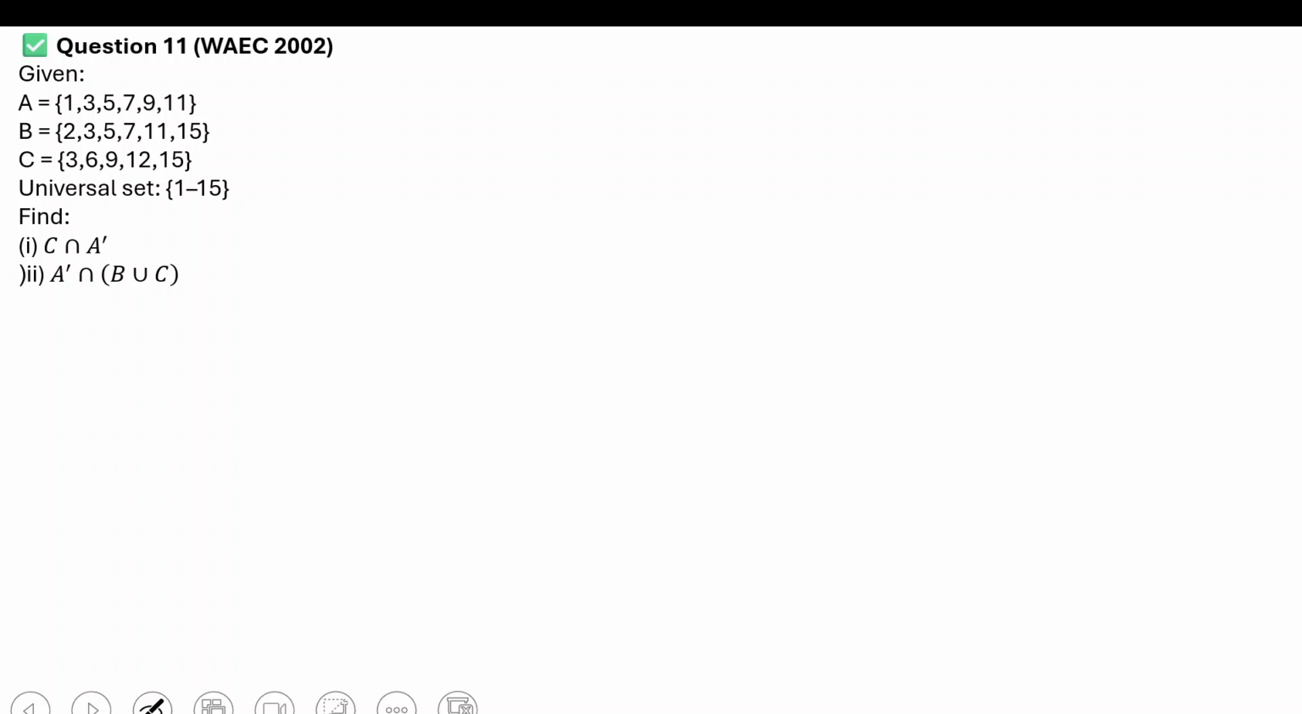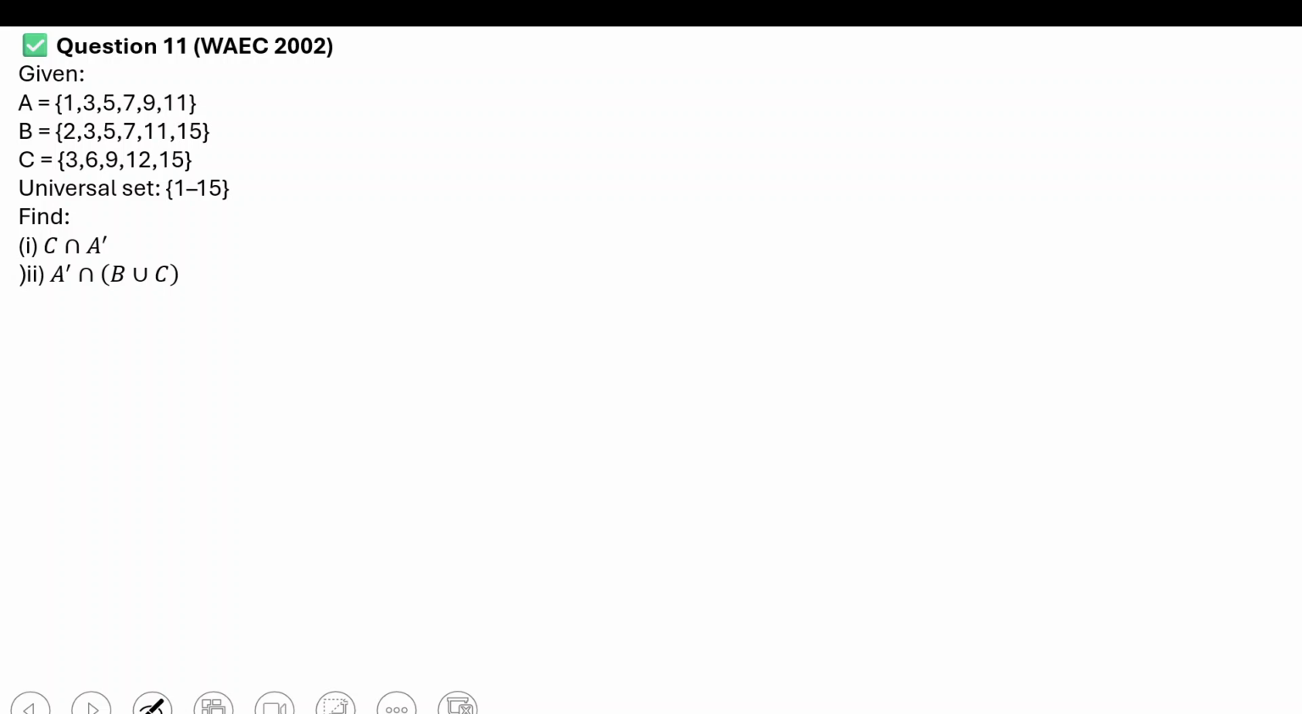So this is WAEC 2002. I'm given A as 1, 3, 5, 7, 9, 11, B as 2, 3, 5, 7, 11, 15, C as 3, 6, 9, 12, and 15. The universal set is given as 1 to 15. Find